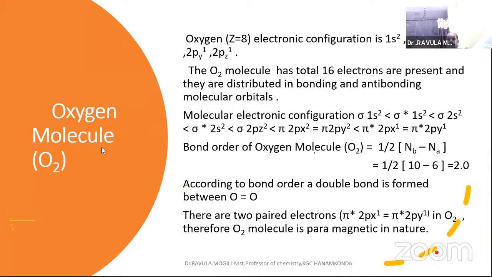Oxygen molecule. So here oxygen molecule has 16 electrons. So more than 14 electron system. So in that case, sigma 1s2, sigma star 1s2, 2s2, sigma star 2s2,